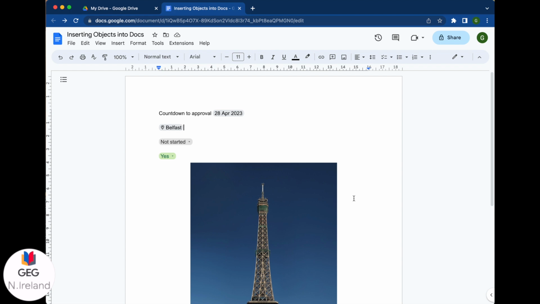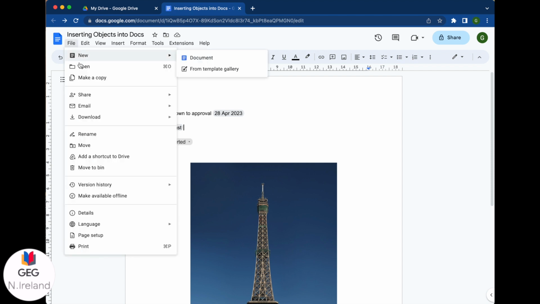The most common share option you're probably used to is using the share button at the top of the screen. If, however, what you're sharing is for viewing purposes only, perhaps with members of the public, or it's a document that you don't want downloaded or shared to Google Drive, there is one other option. So this will share a non-interactive version of your document, and if you go to File